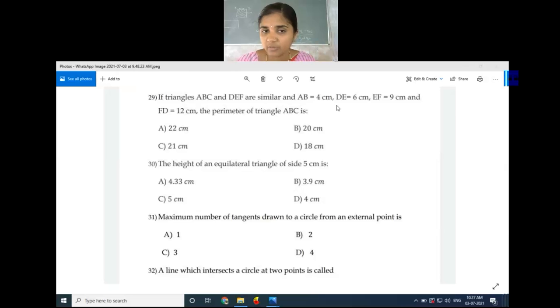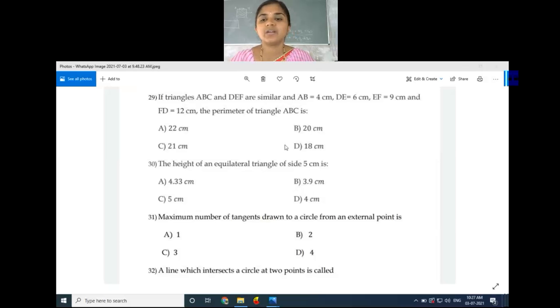I did the same for AC and DF. Okay, so again one more part we have to take, no? So the same way, we'll get the 3 sides of the measurement. In the ABC triangle only one side measurement is given. So using this ratio concept we have to find out the 2 unknown sides of the ABC triangle. Then we have to add all the sides of the triangle.